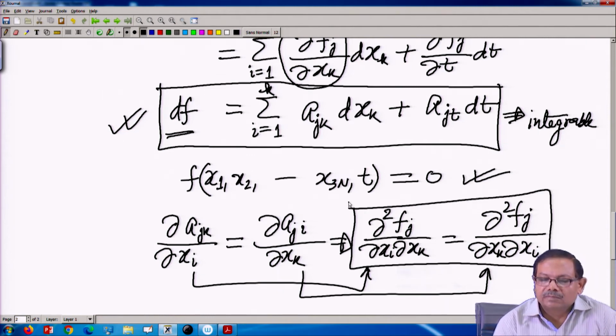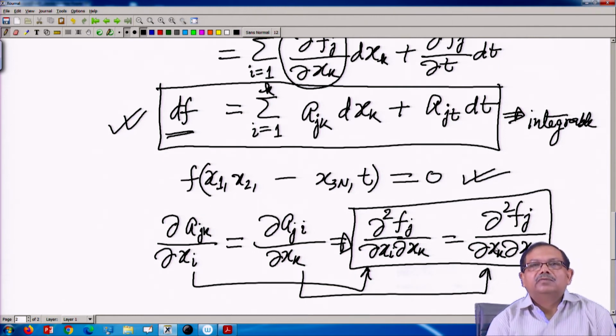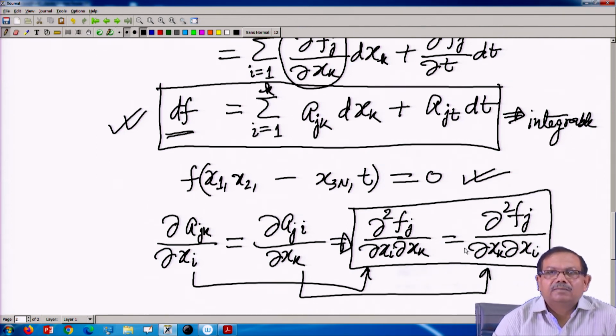That is what is written like this. So, the order of differentiation with respect to the ith coordinate and the kth coordinate should not change. If it changes, I cannot integrate this equation. That means their partial derivatives have problems with continuity and differentiability, so then I cannot integrate. So, when I can integrate, this form of equation is holonomic, and when we cannot integrate, the constraint equation is called non-holonomic.